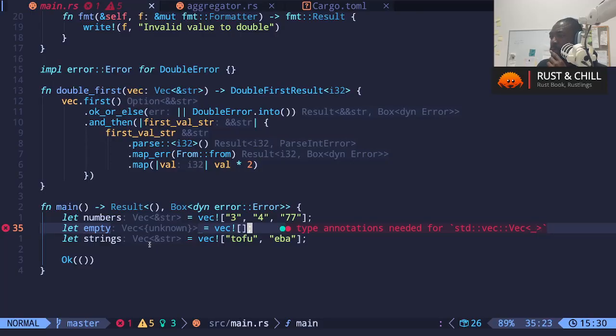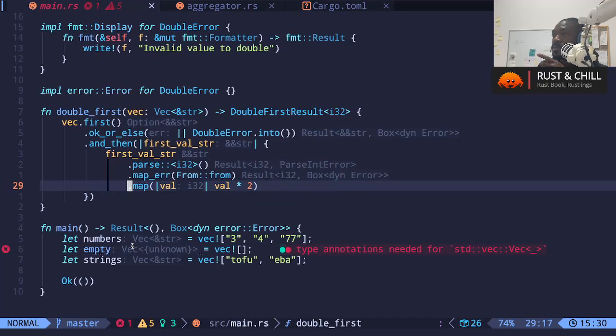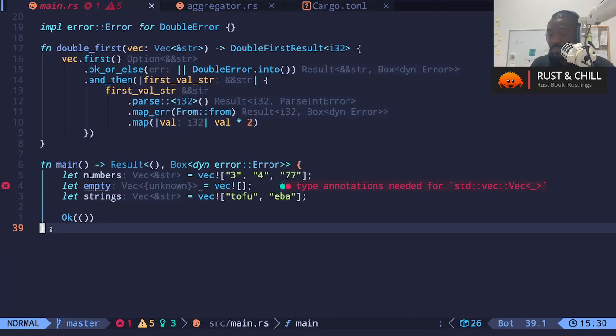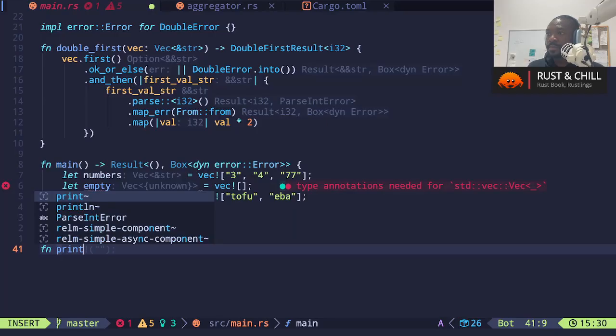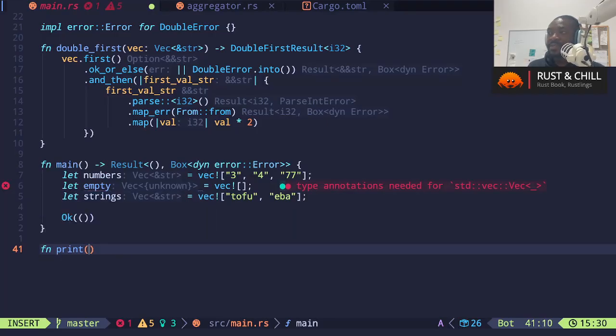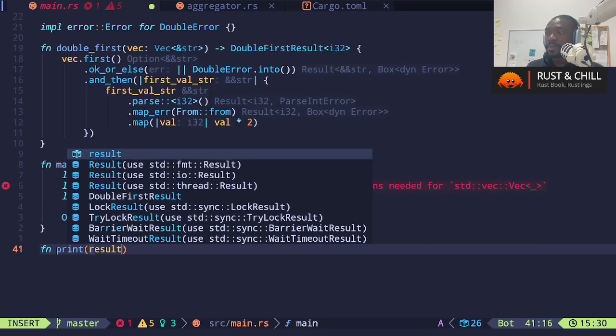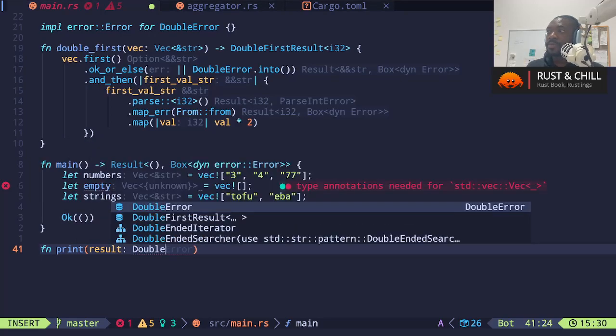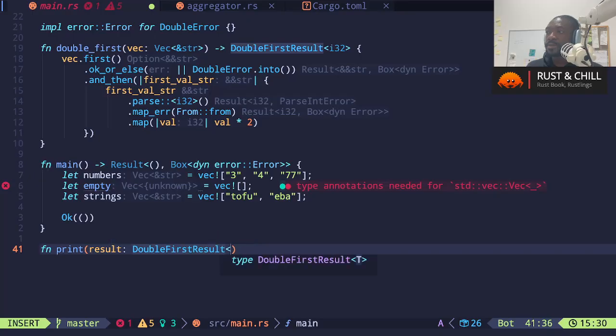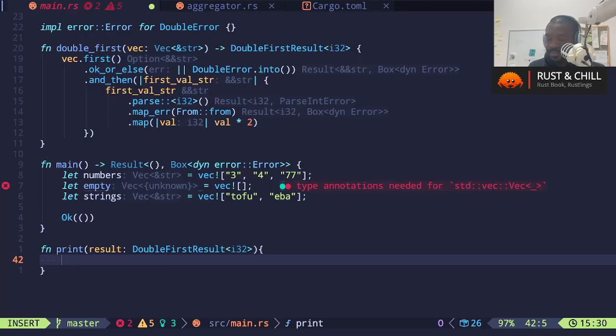figure it out. Yeah, so I was saying that because we're receiving two of them, we should write a print function that's gonna take a result. So it should take a double first result. And do not return nothing. Now it should print. It should print the result for us and say